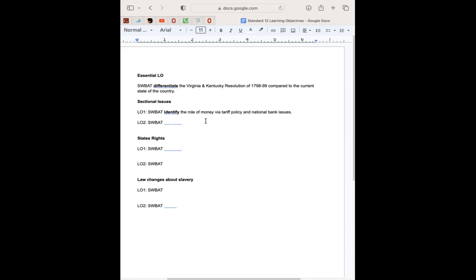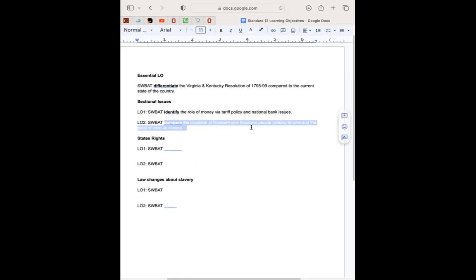This is going to help you determine what those sectional issues were as they related to, pulling this straight from the standard, the tariff policies and what was going on with the national bank. You want to make sure that you take students along the journey of understanding what this aspect has to do with these sectional issues. So identify would be a good Bloom's verb